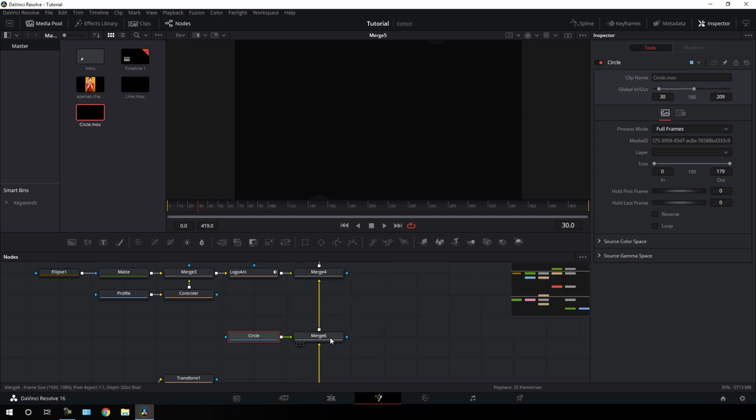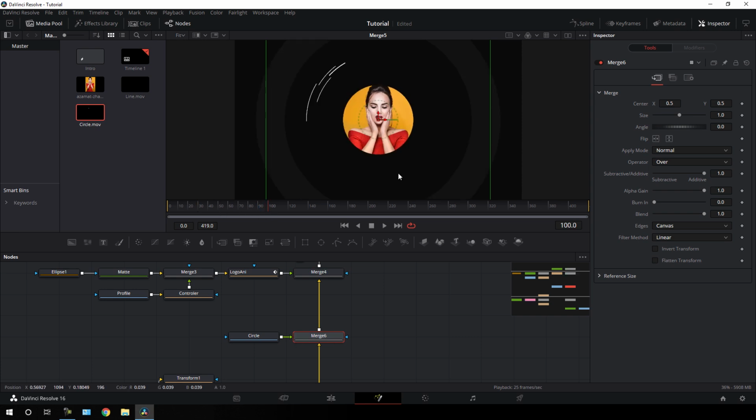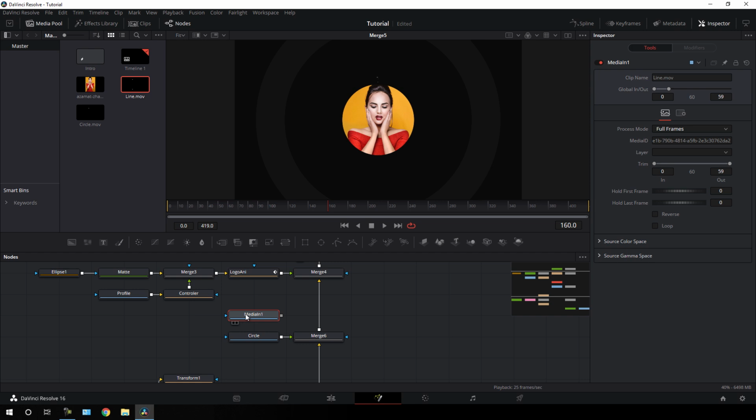All right, now select this merge 6 and go over here and let's bring down the size a bit. And after the end of this first animation, on frame number 160 maybe, let's import this second asset right over here. Hit F2 on the keyboard, call it line,